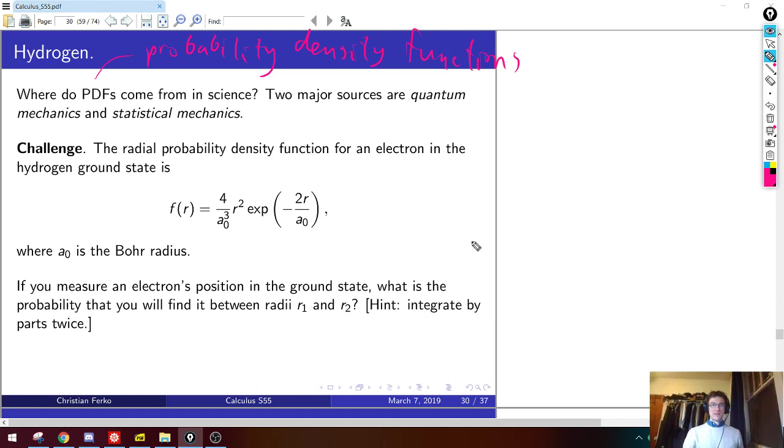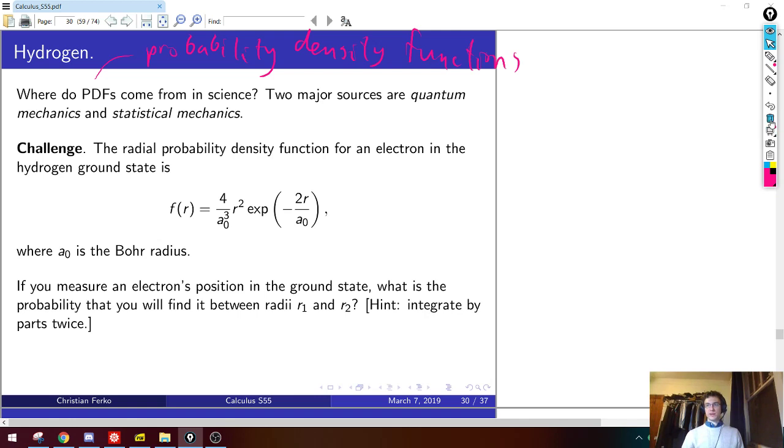Good, so you might ask, well, you just handed me that Gaussian. Where do PDFs actually come from? One source, which we'll do in this problem, is quantum mechanics. As you know, in quantum mechanics, when you measure something, you collapse the wave function into one of several possibilities, so the result of your measurement is not deterministic ahead of time. It follows some probability distribution.